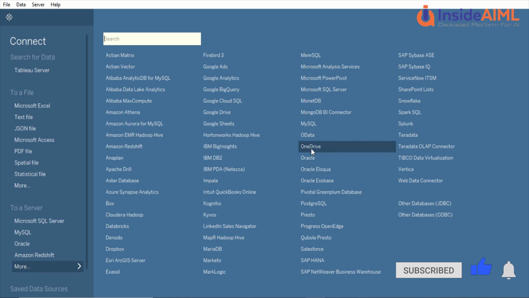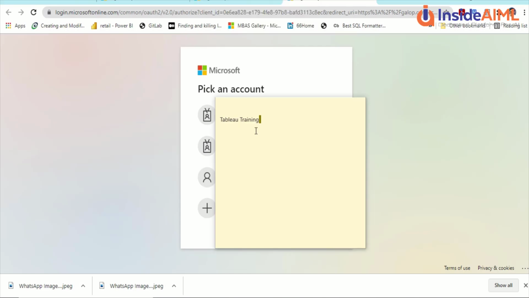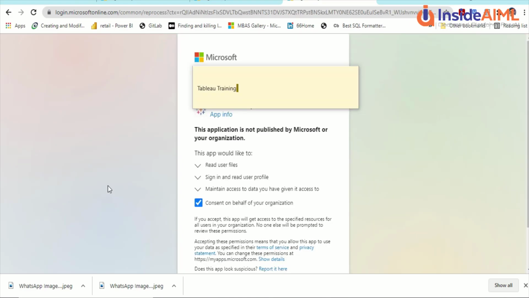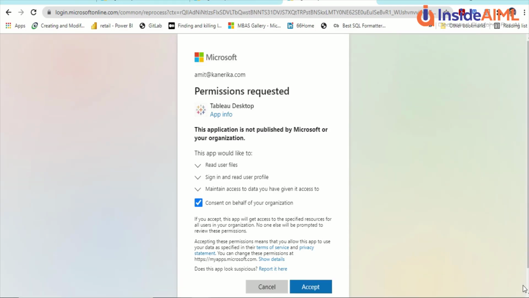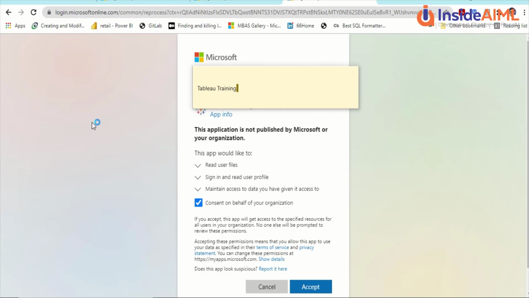So one of the things which I would like to explore is OneDrive, and once I click on OneDrive, it should take me to the login page, ask my user ID, password, and for the Tableau permission. So let me click on this. It opened a login page for me, and I'm going to log in, and the next page would be password, where I'm going to give my password, and then it is going to ask me permission for Tableau. So now it is asking for the permission for Tableau. I'm giving that permission. I'm going to press OK, accept, and let me accept this and continue.